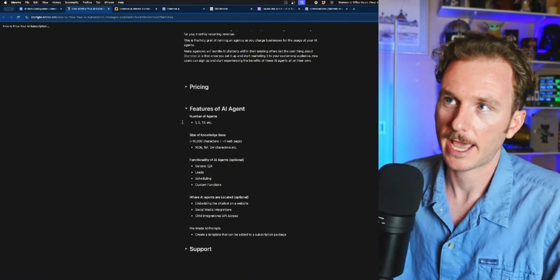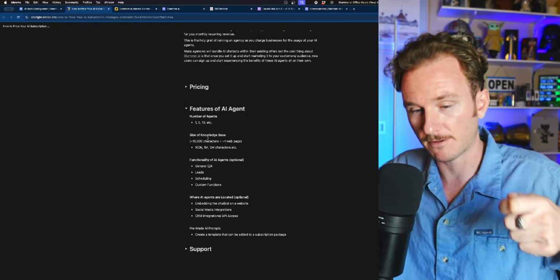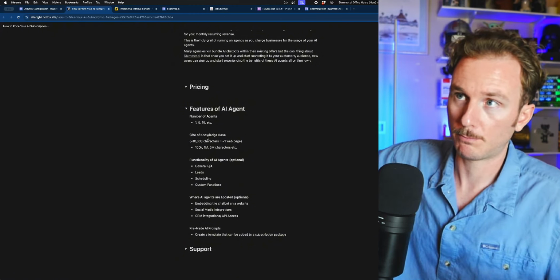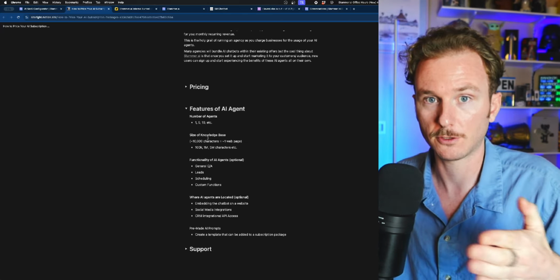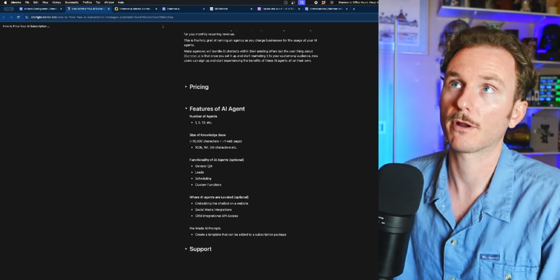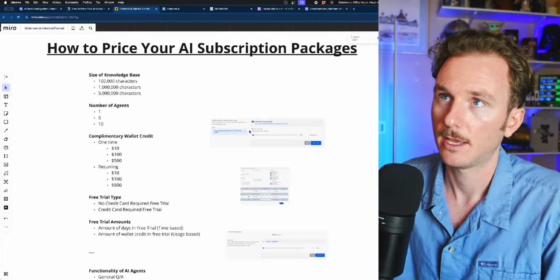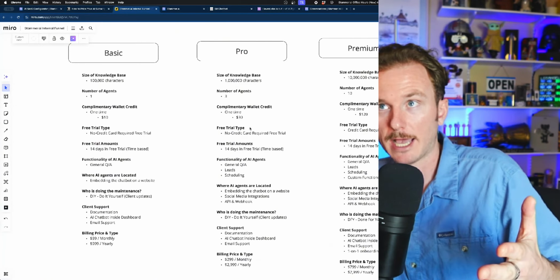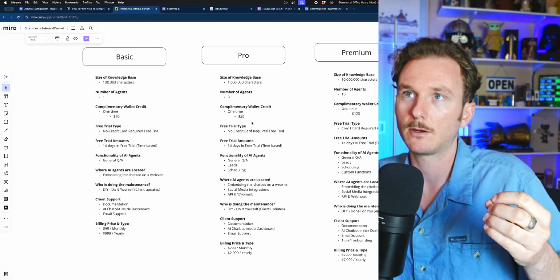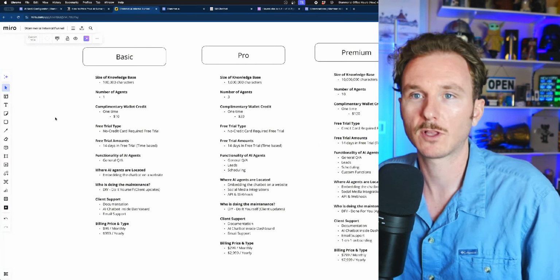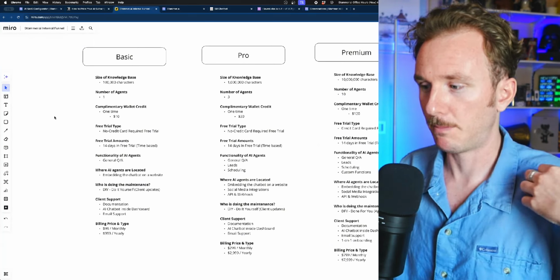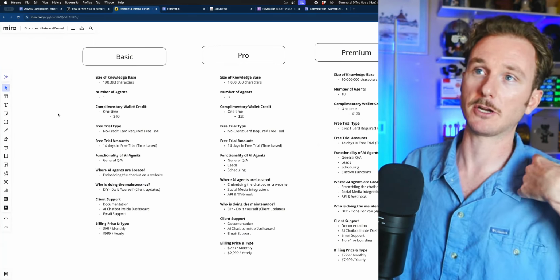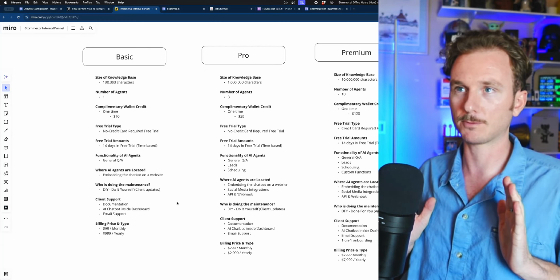So features for the AI agent. Again, these are all different levers that you guys can pull up or down based off of what you want to create and how you want to delineate your 3 different offers and tiers. And we use these 3 to make things simple as much as possible, where we're not trying to overwhelm clients. And that's kind of a big theme here, is there's so much that you could provide, or so many different ways that you could run this, that we want to try to simplify it as much as possible to users